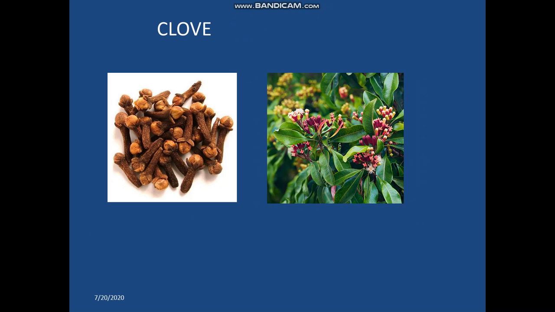Clove, Eugenia caryophyllus, Myrtaceae is the family, a very much household plant, very much used in culinary practices. As we know, the spice garden of India is Kerala. It is widely cultivated in South India. Eugenol is the active constituent present in the clove and it is used as a local anesthetic in the treatment